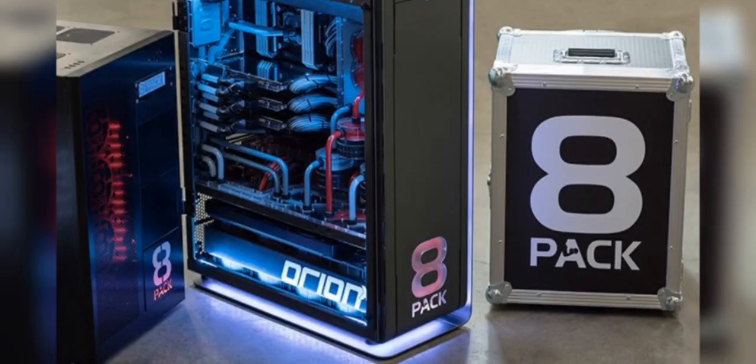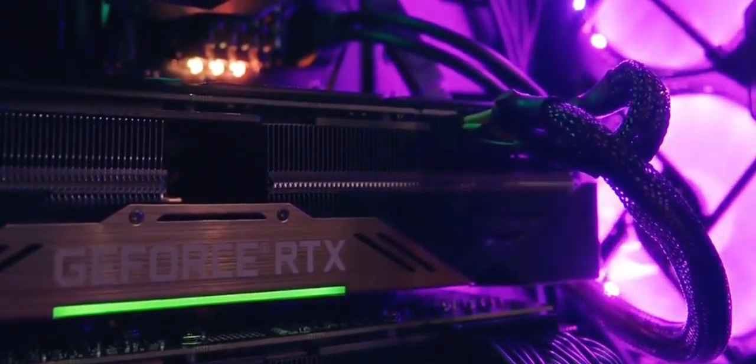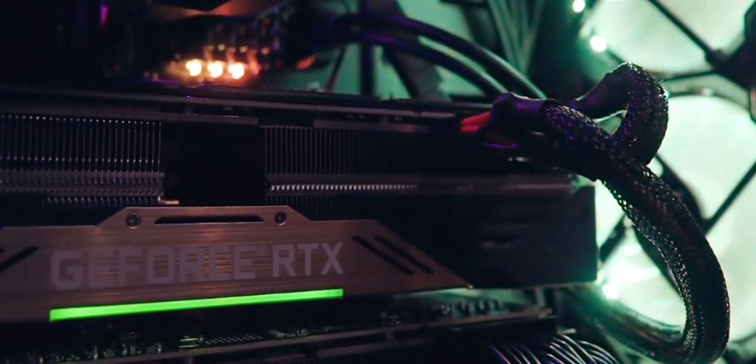2. 8-pack Orion X PC - $43,939. By putting 2 different modes into one frame, the cutting-edge 8-pack Orion X computer has surprised everyone. The main system has 3 overclocked NVIDIA RTX 3090 graphic cards paired with the latest Intel Core